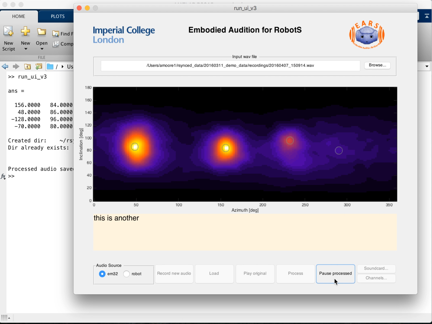This is another demonstration now using a third order. This is another demonstration now using a